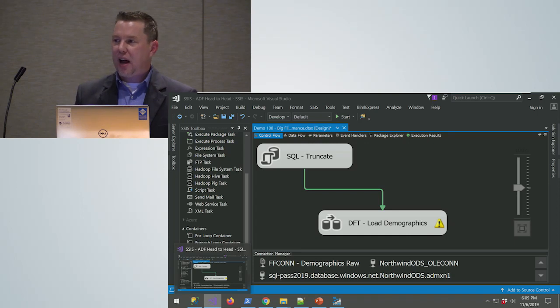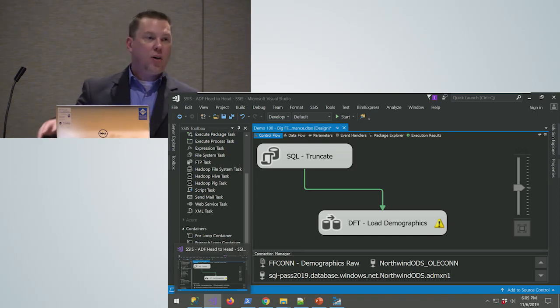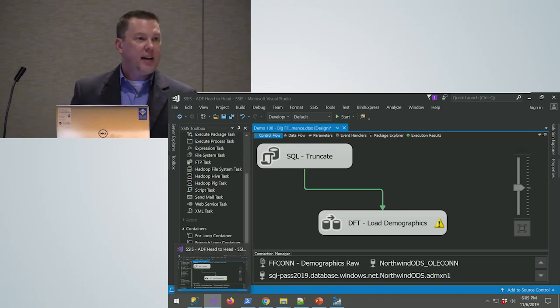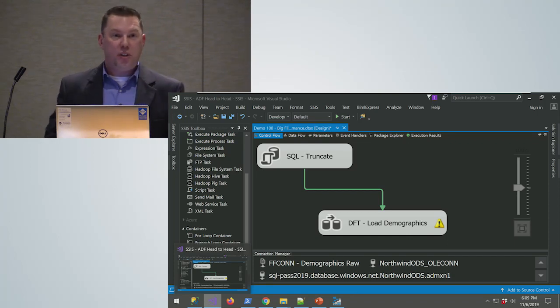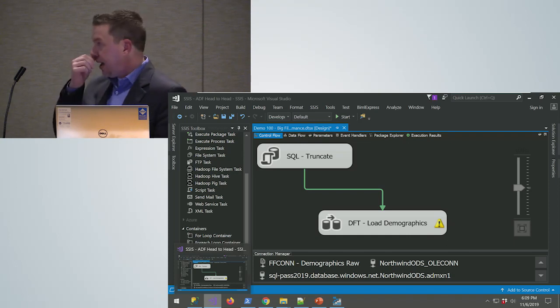Anytime we integrate with the cloud, whether we're running this process in the cloud, going from on-prem to the cloud, or from cloud to on-prem, we're going to have some other limitations. We're going to have bandwidth. We're going across the internet, so we're subject to whatever the internet gods are up to today. There are going to be some limitations there, and we know that we can't control every aspect of that.